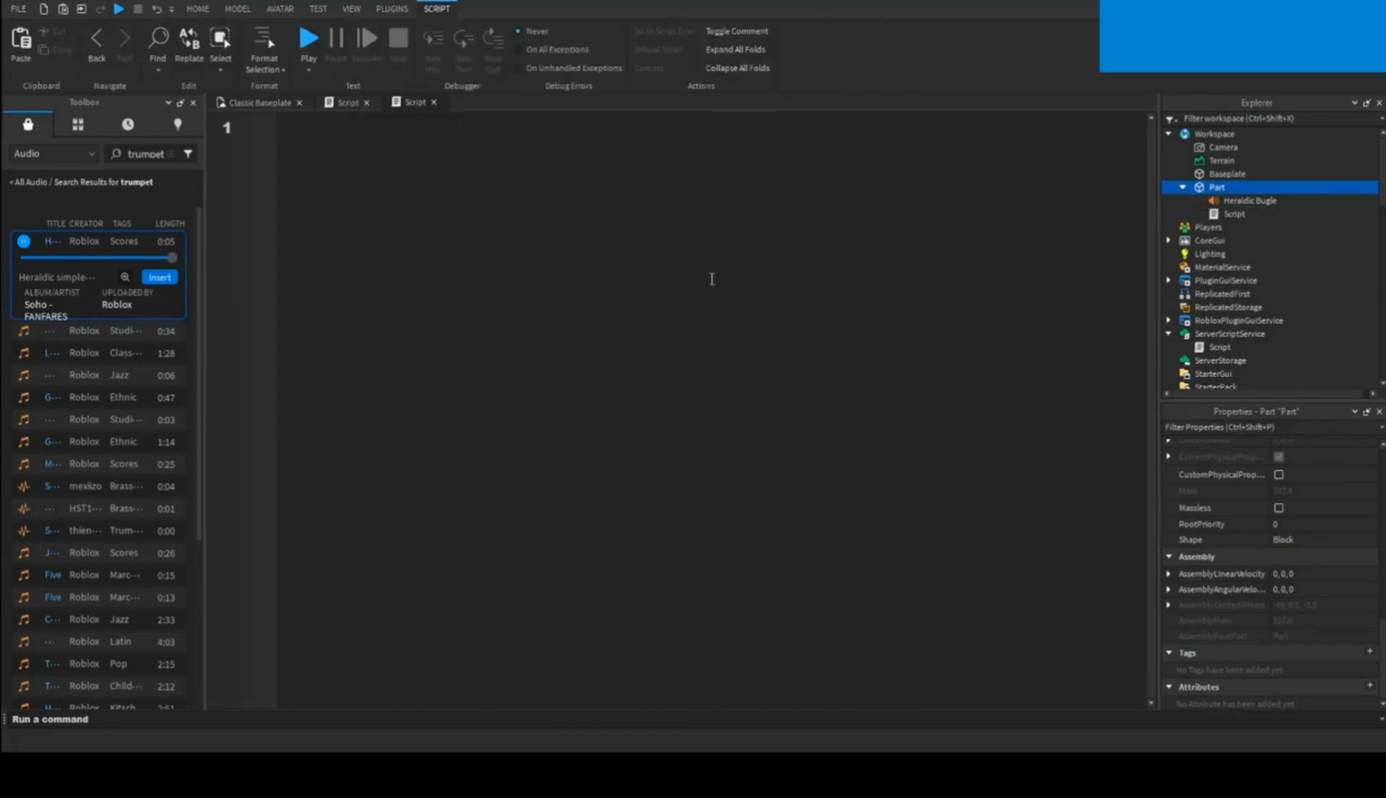Then mainly we will have it in our trigger. So because I want it to be that if the part is touched, it plays the sound, I'm just going to do script.Parent.Touched:Connect function hit, if game.Players:GetPlayerFromCharacter hit.Parent, then